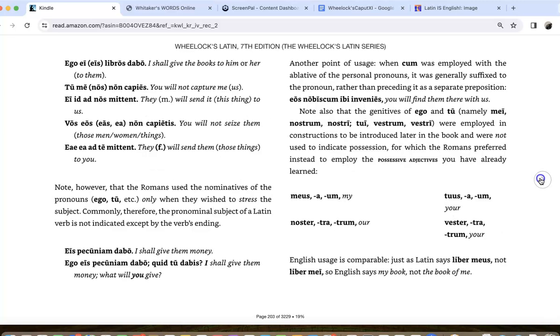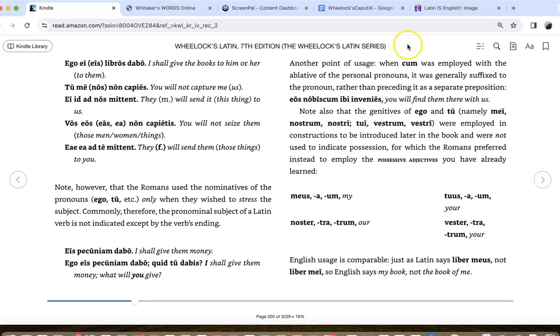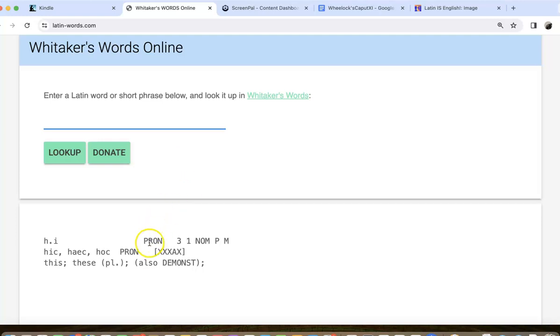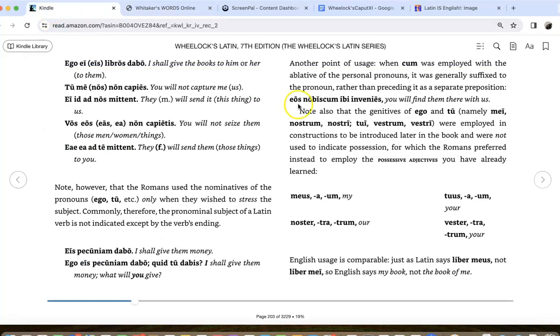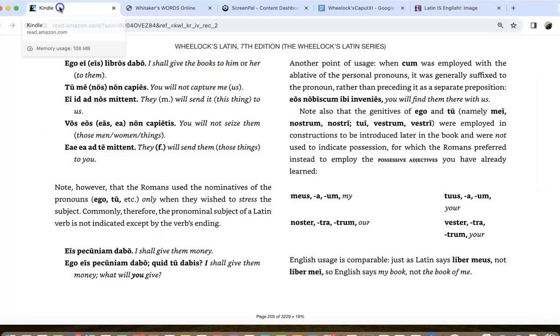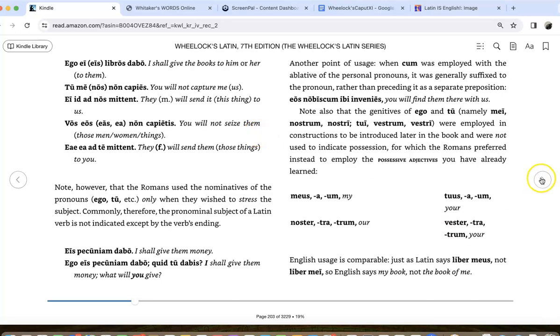It should be here. Don't see it there, maybe. But if we look up Whitaker's Words, you can see it's a pronoun, these in the plural. Maybe I just missed it in the layout here. But anyway, it means these, and these men is Cicero probably critiquing some actions of his fellow senators or politicians. With that said,